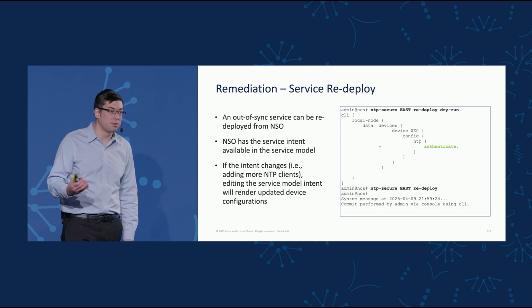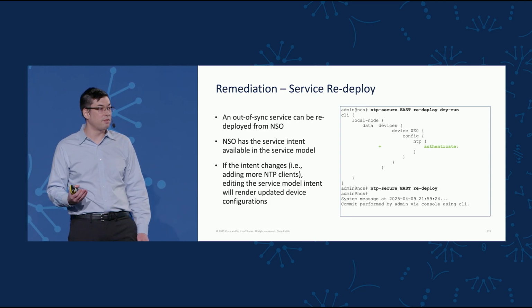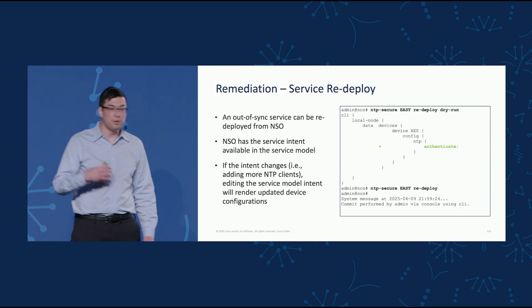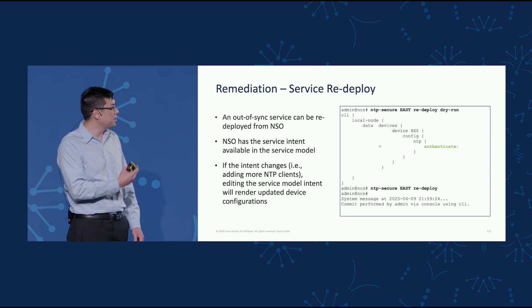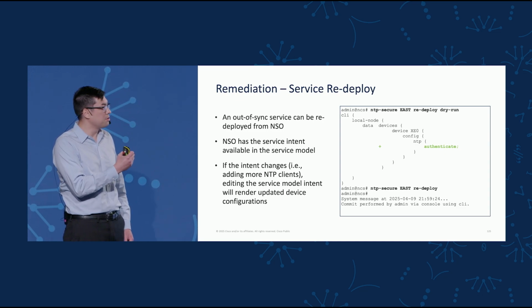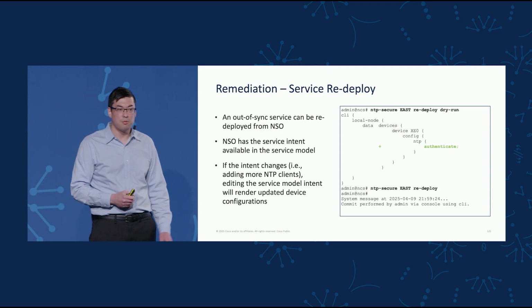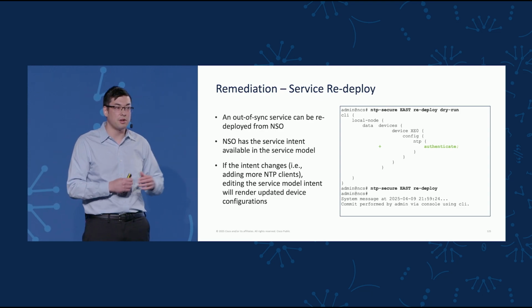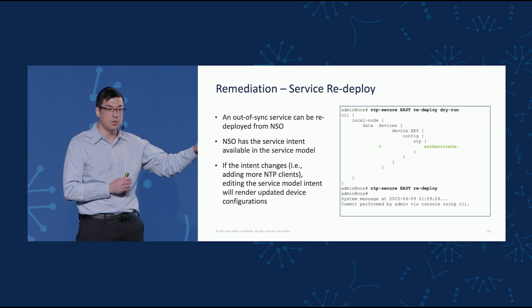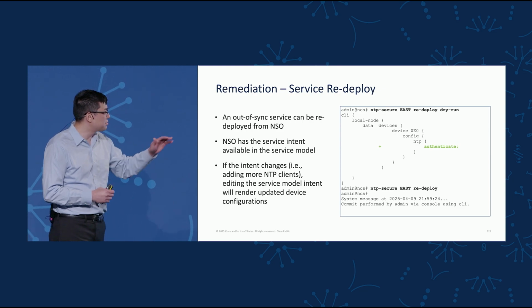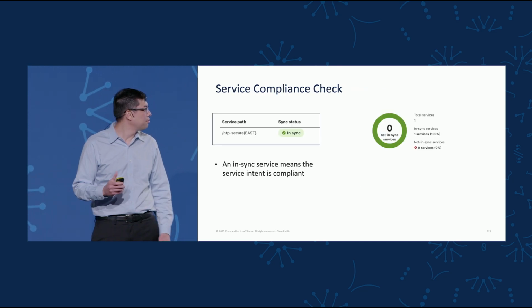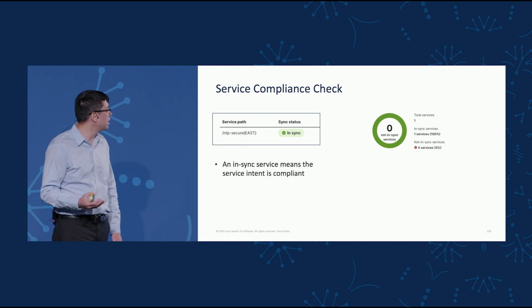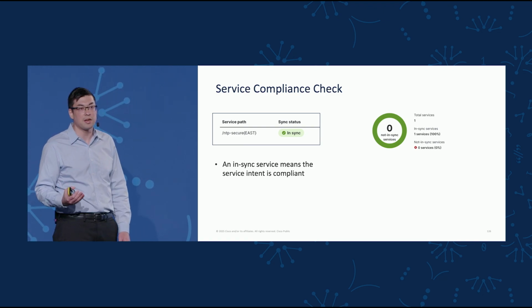But in this case, we have an NSO service, so let's take advantage of it. When the service is out of sync, as we all know, one useful benefit here is we can do a redeploy dry run, which shows us what actual configuration of the service intent needs to get pushed into the network. And if the dry run looks good, I will go ahead and do redeploy, and then rerun my service compliance report, and now I see I'm back in sync.